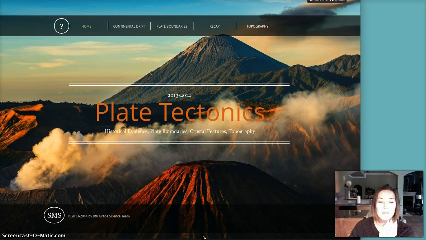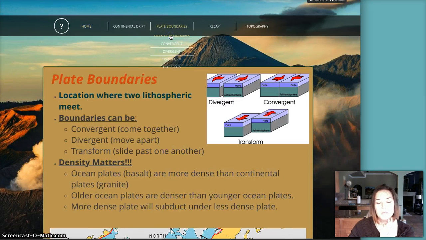Today we're going to be talking about plate boundaries, and on your Wix you will need to make sure that you identify the different types of plate boundaries. You need to be able to describe what happens at each of those plate boundaries, as well as the crustal features that form. Now, when we talk about a plate boundary, we're really referring to the area where two lithospheric